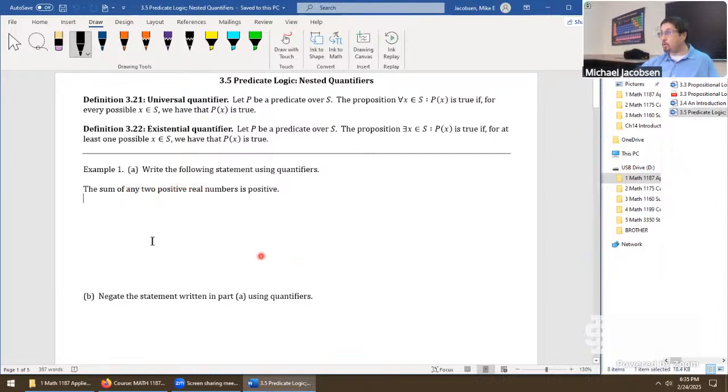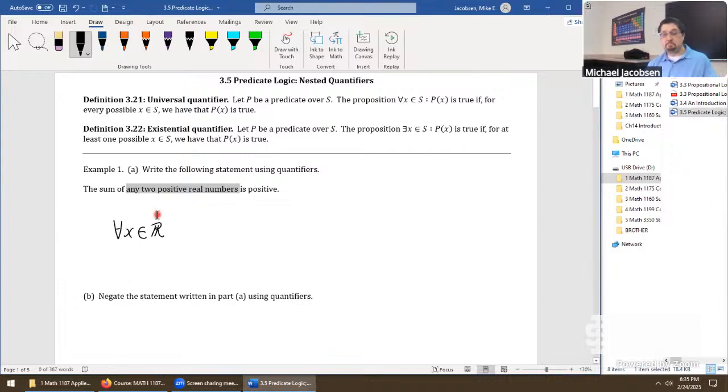There's a lot of ways to go at this. But one thing we can do is inherit some of the notation that our author laid out for us in chapter 2. We can start by writing down, for any, a universal quantifier, for all x. It's a positive real number, so we can indicate the domain of discourse by saying, for all x in R,